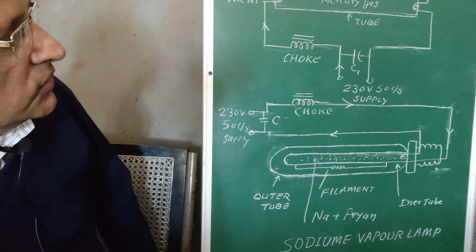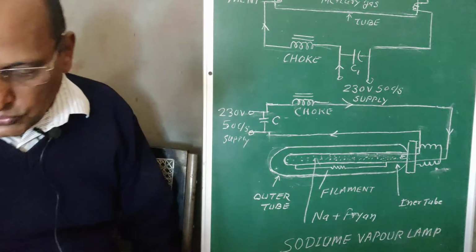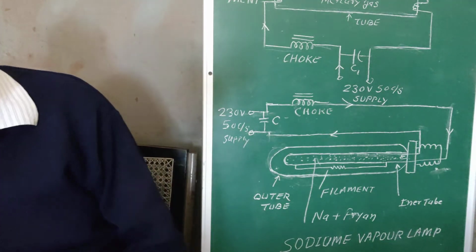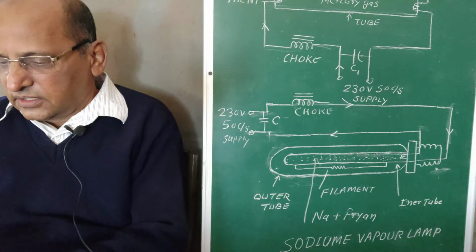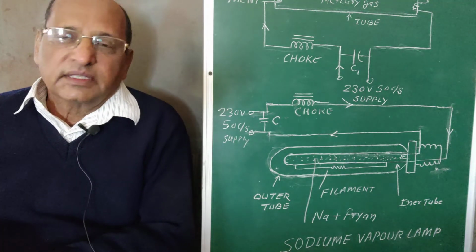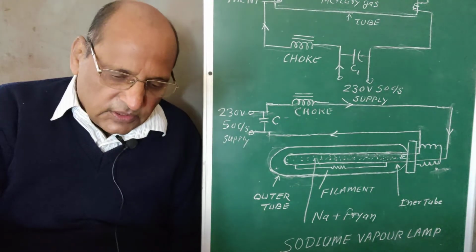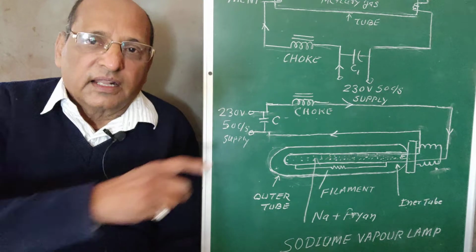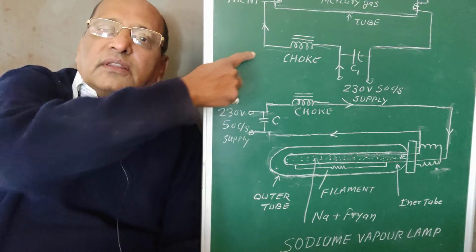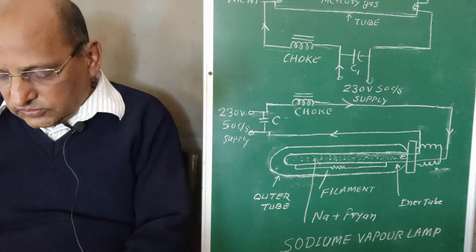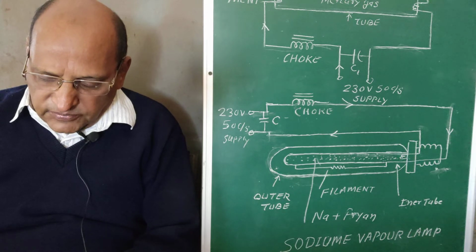So these are the two circuits which are important from your topic number 4, and in the exam they ask either for the circuit of the tube light, or for the circuit of the sodium or mercury vapor lamp. So you can draw this circuit for the sodium or mercury vapor lamp, and the upper one for the single tube light. So this is all about the theory of both the lamps.